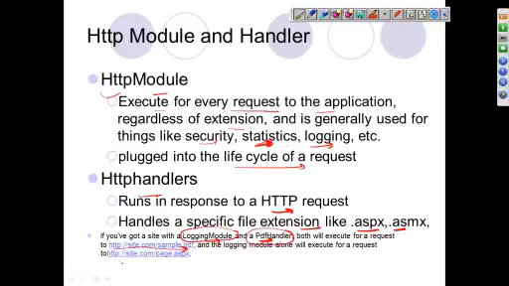And if I am requesting only an ASPX page, then only this logging module will be executed, because the PDF handler will only be executed for the PDF resource. The handler is specific to the extension, or to the request, you can say, and the module is common to both of them. For both requests, this will be executed.